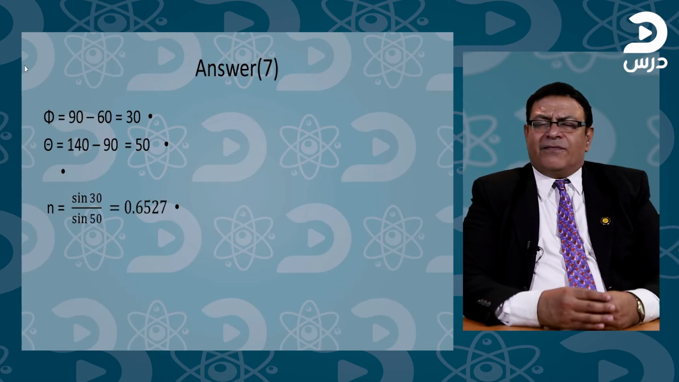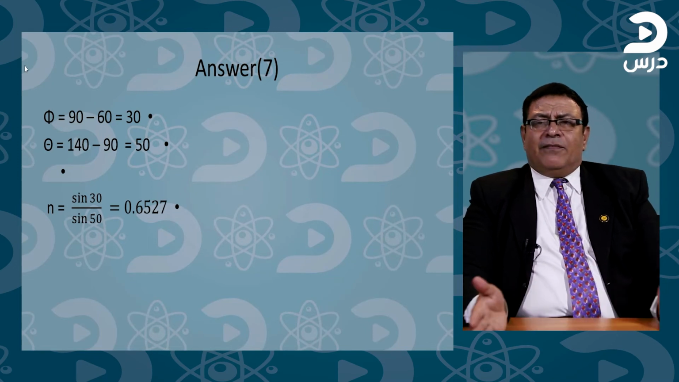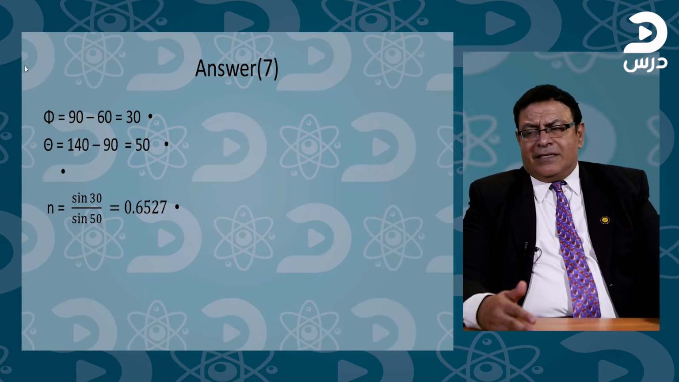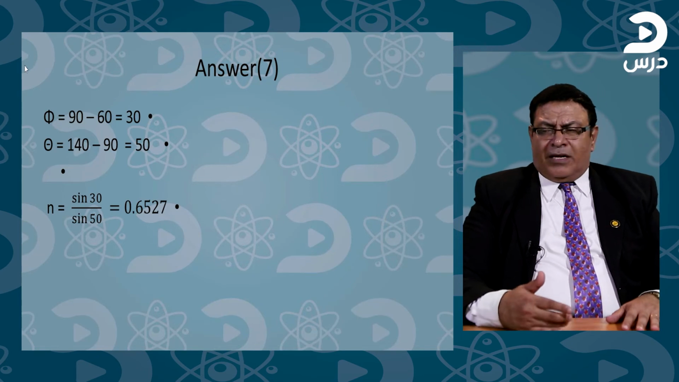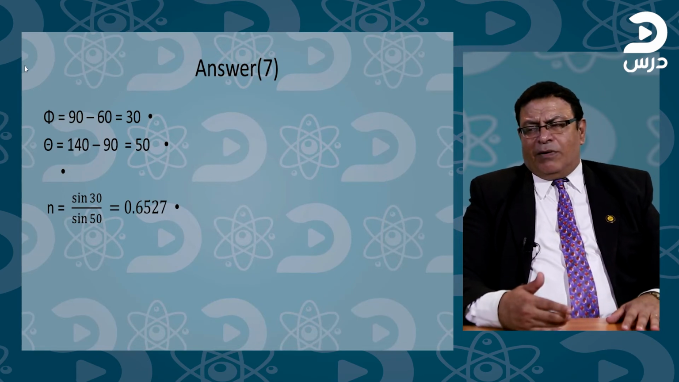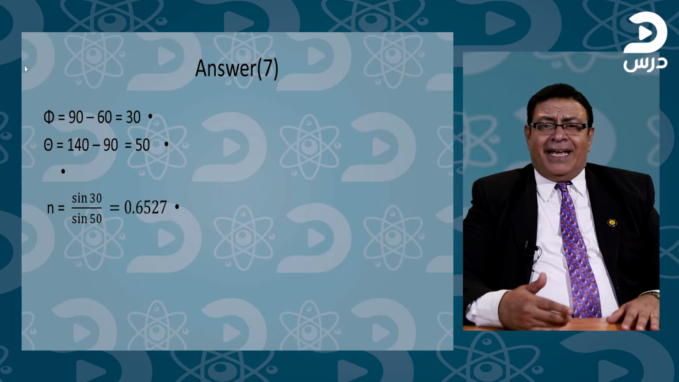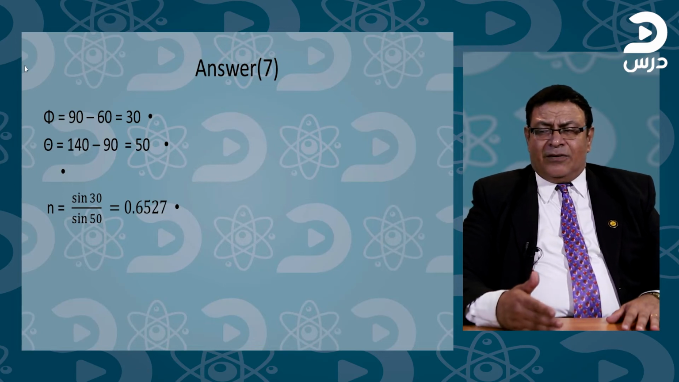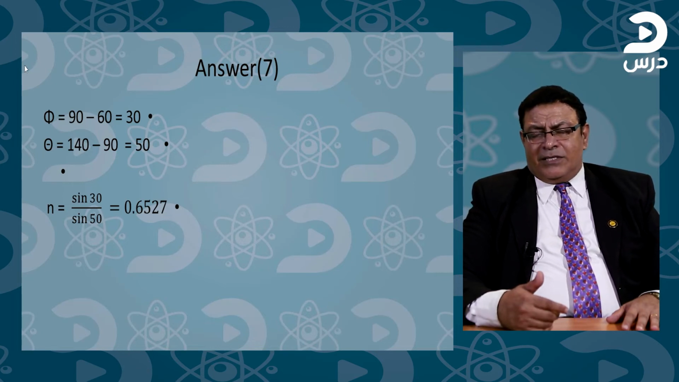انا عندي ال n ساين فاي اوفر ساين ثيتا، لازم اجيب الفاي طبعا 90 minus 60، لازم اجيب الثيتا 140 minus 90 equal 50. طب افكر كده اجيب ال n ساين 30 اوفر ساين 50 يعني equal